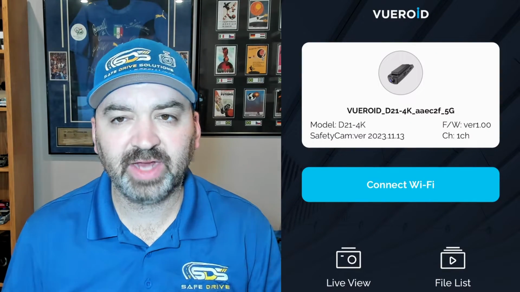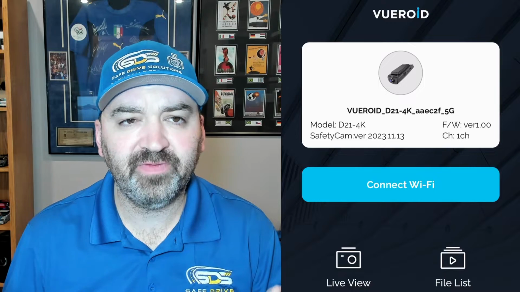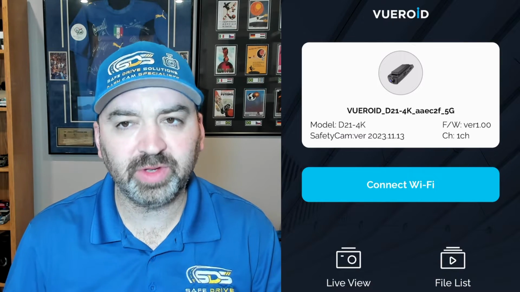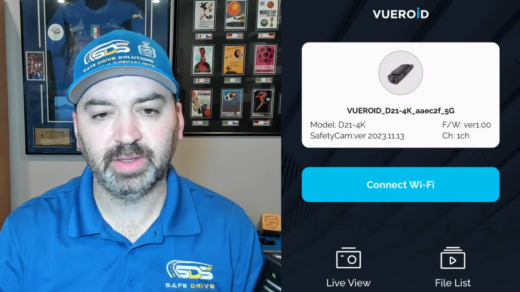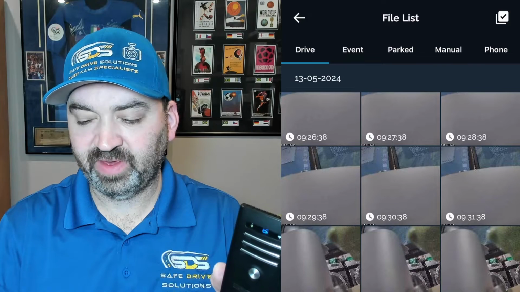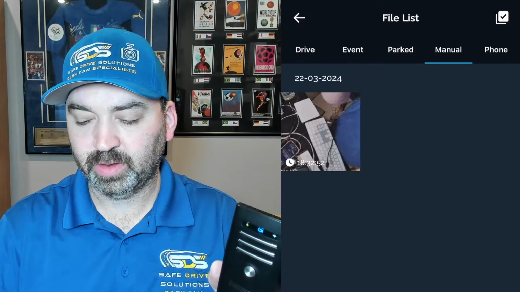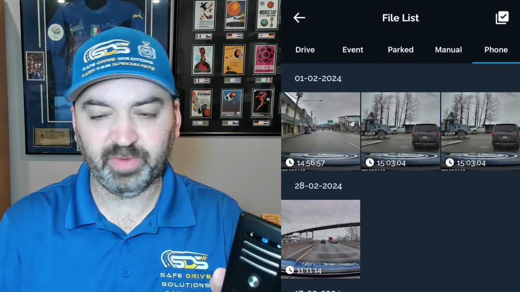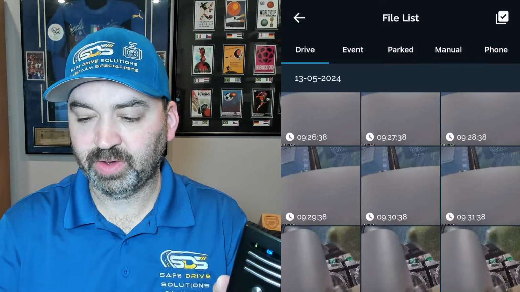So now that you've actually connected to your Vueroid dash camera, we want to find a video. So how are we going to go about doing that? First things first, we're going to go into file list, right? And as we can see here, there's drive, event, parked, manual recording, and phone are the ones that I've already downloaded before. So if you actually go here and you're just looking for one of your drive videos,